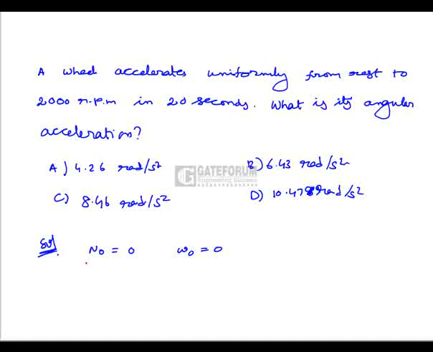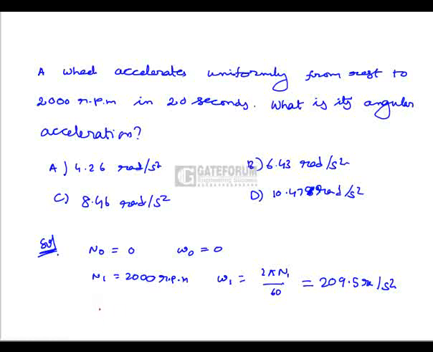And the final speed it reaches is a rotation of 2000 rpm. Let us say N1 is equal to 2000 rpm. At this moment the angular velocity is equal to 2 pi N1 by 60, which is equal to 209.5 radians per second. So it reaches this in 20 seconds. So the angular acceleration,